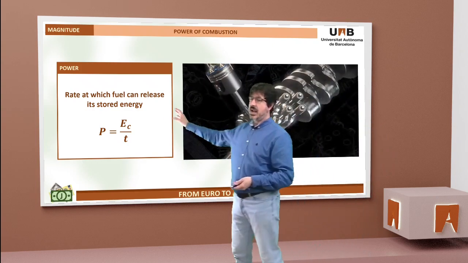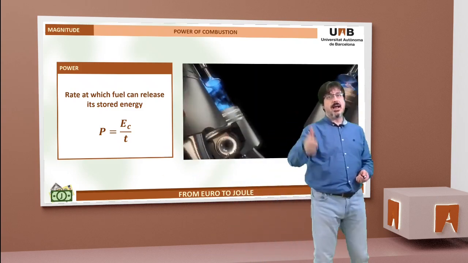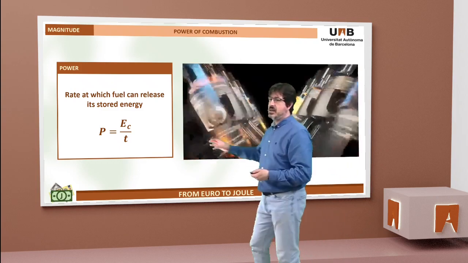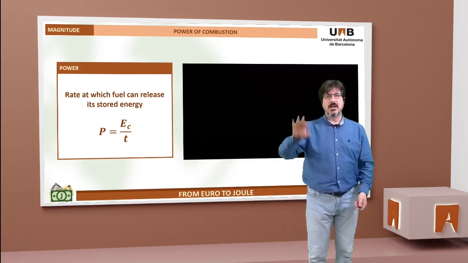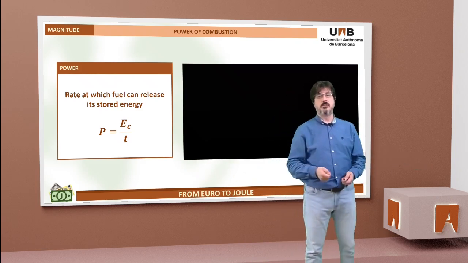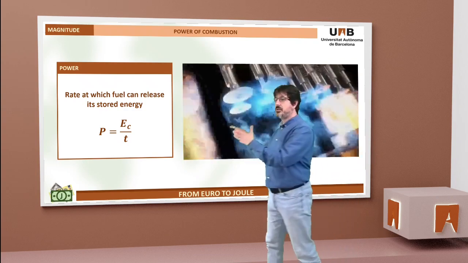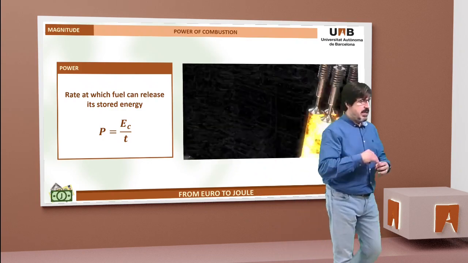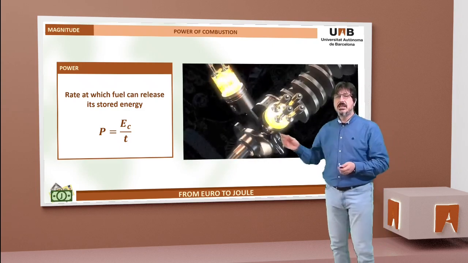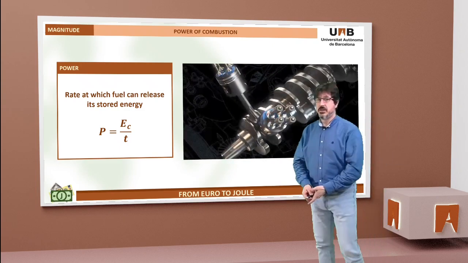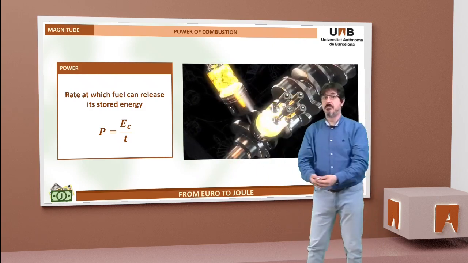If we need a lot of energy in a tiny amount of time, this means that we need a very high power. On the contrary, if we use a low amount of energy over a large period of time, we need a very low power. This is what is done in our motors. When we combine gasoline with oxygen in the proper combination, this combustion can be explosive, and that's the reason why it can give a lot of power.